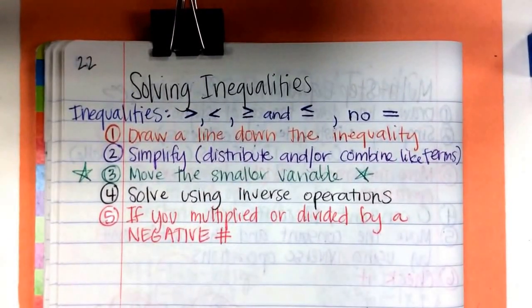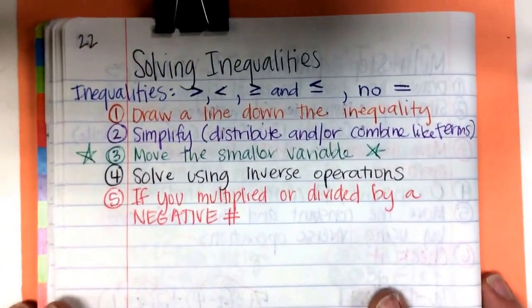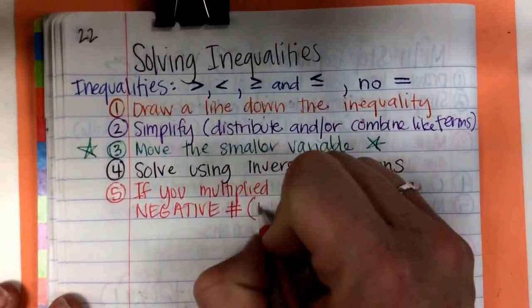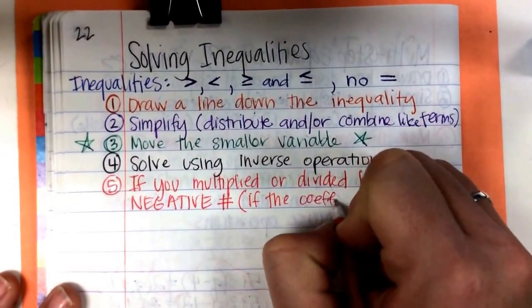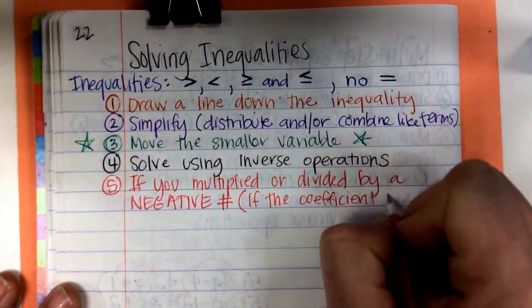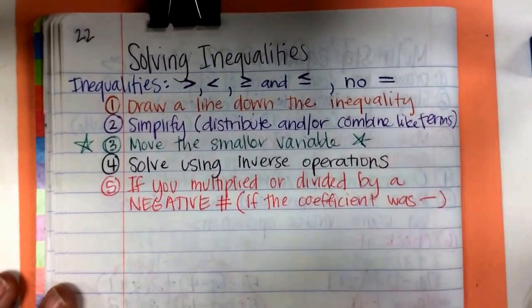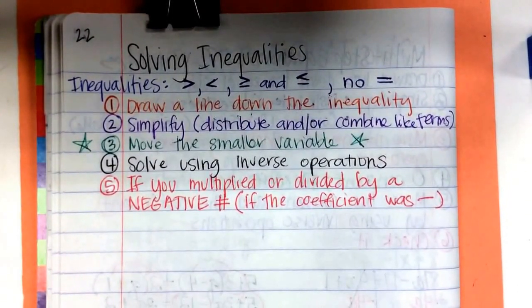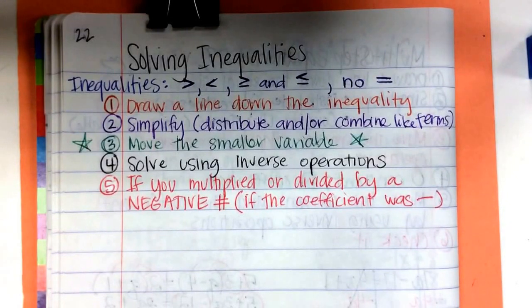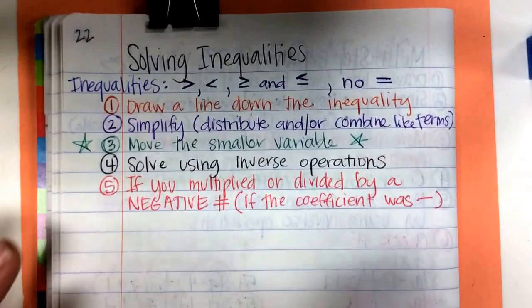If you multiplied or divided by a negative number. What does that mean? That means if the coefficient was negative,